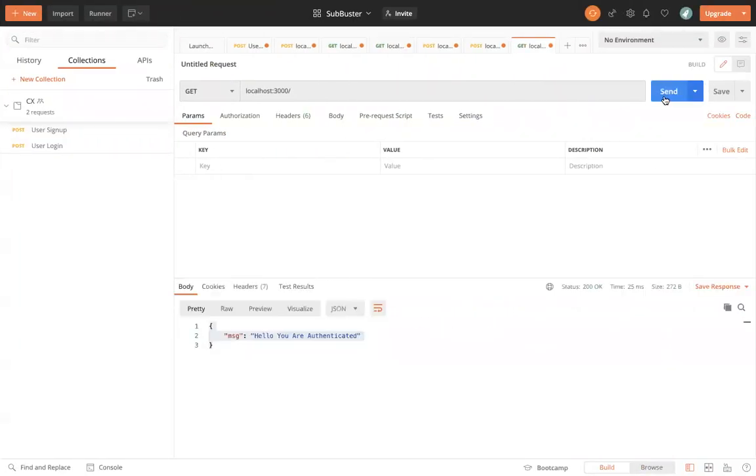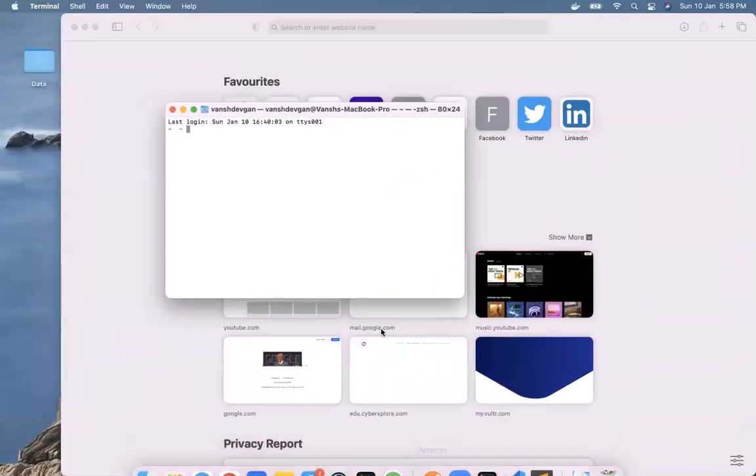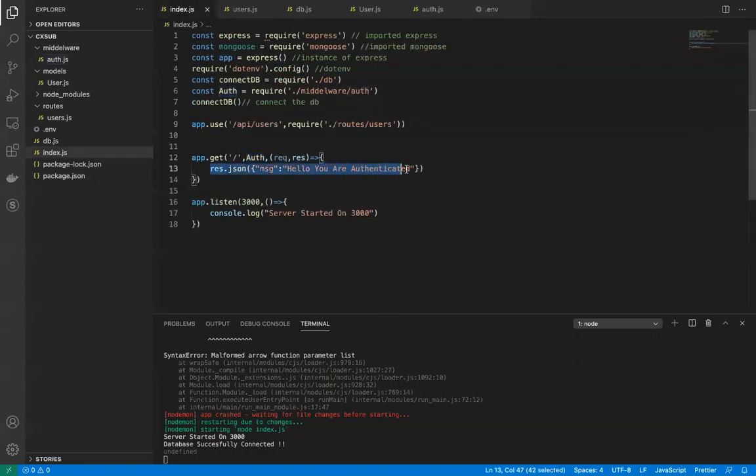If I send it directly, I get "hello, you are authenticated," because when we write the next function, it passes to this route function written over here. Before passing to this body it goes to the middleware, and as you can see we are printing undefined because there is no authorization header.